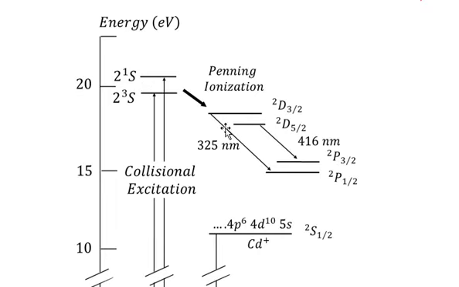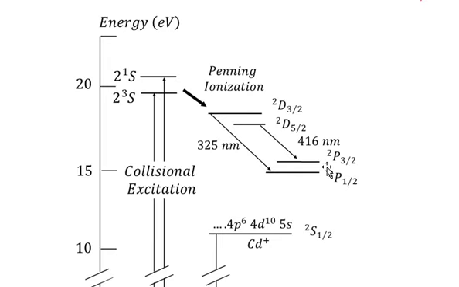So when the cadmium ion collides with the helium atoms having these two metastable states, then of course the energy from these metastable states through the collisional process will be transferred to these D levels, which we are shortly going to explain while discussing the cadmium ion structure. So these are the two D levels which are excited, and we have also the two P levels. These two D levels form the upper laser level, and these two P levels will form the lower laser level